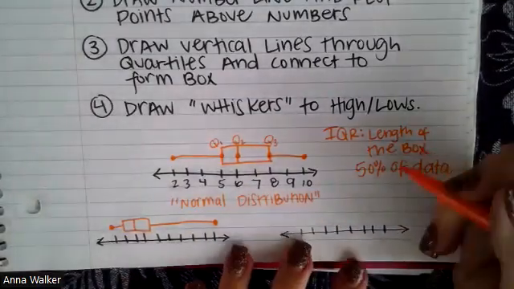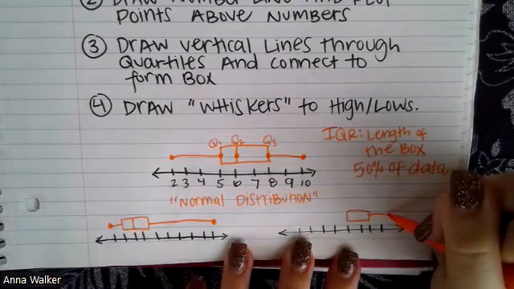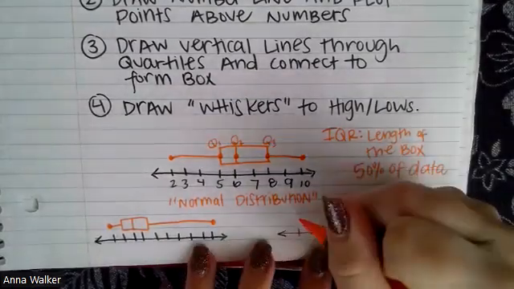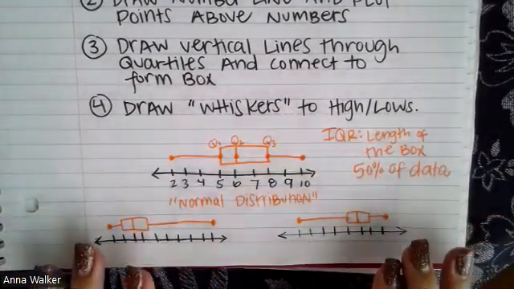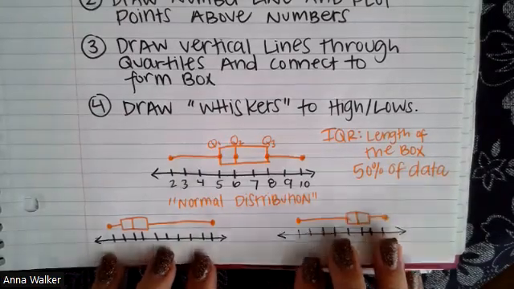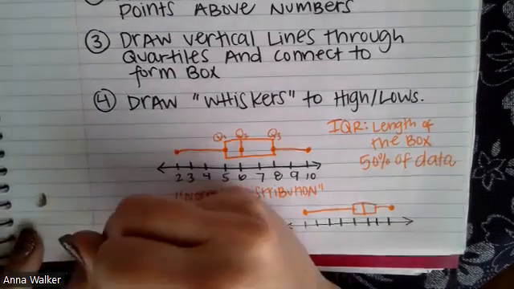And what if it's the opposite? If I drew a box towards the right side with a short whisker over here, and my median's right there, and then a long whisker on this side, you'll see that the data is not centered on our values. When it's pushed to one side or the other, it's called skewed,